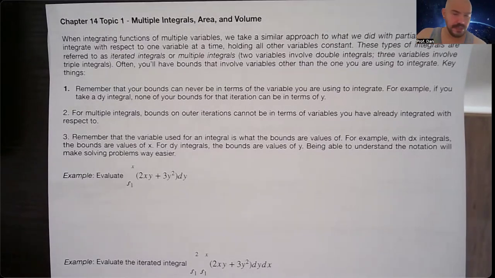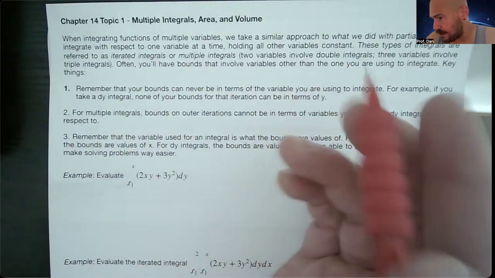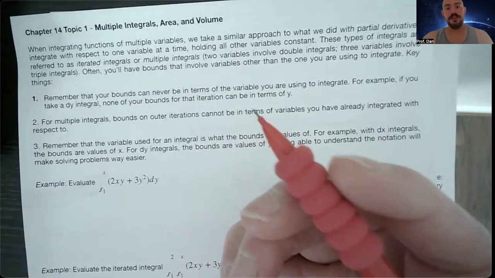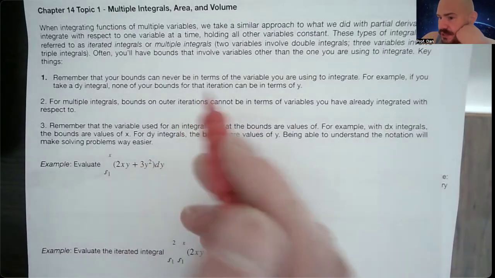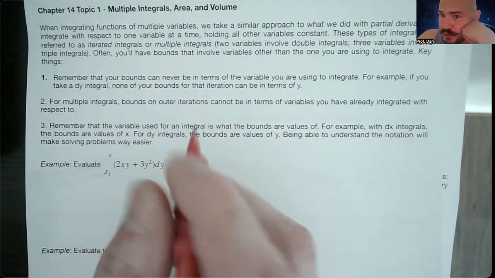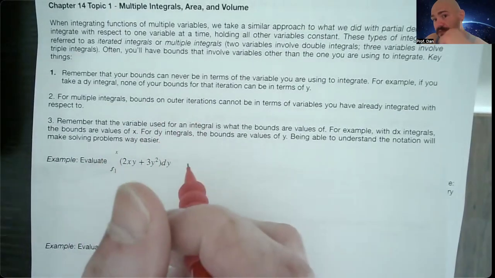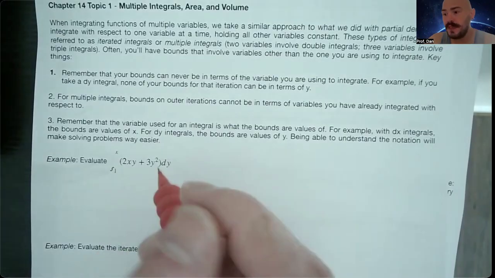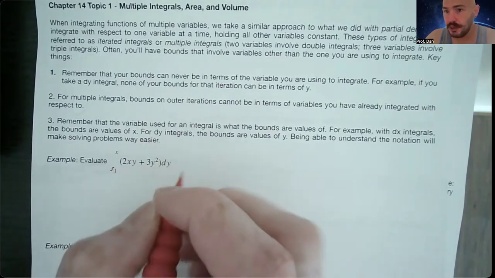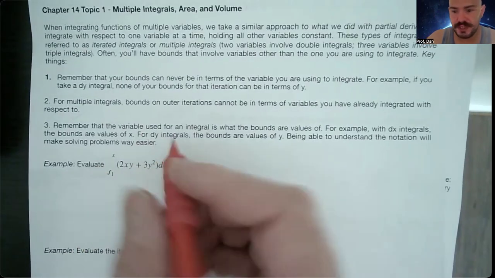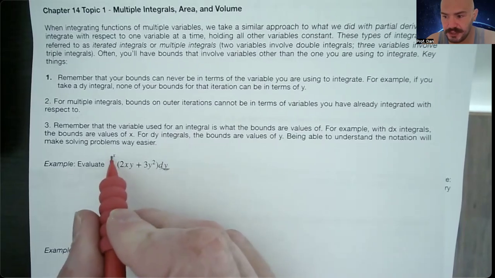Hey everyone, we are getting into chapter 14 now, right? Switching from talking about derivatives to integrals. So, to start off with, one of the key things that we have to think about when we do integrals that involve functions with more than one variable is remembering the old adage that your Cal 1 teacher hopefully told you, which was that whatever this differential is, that tells you what the values for the bounds are